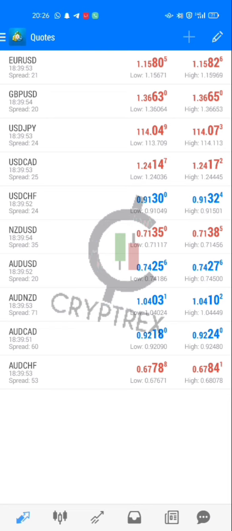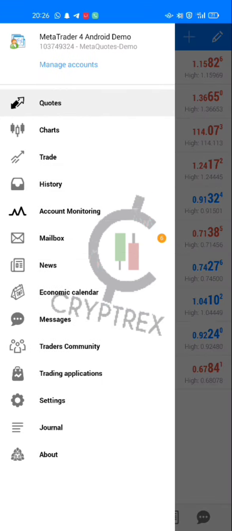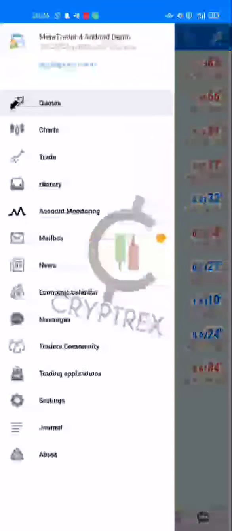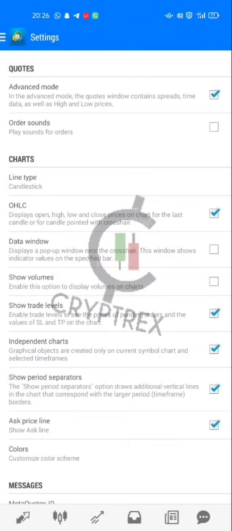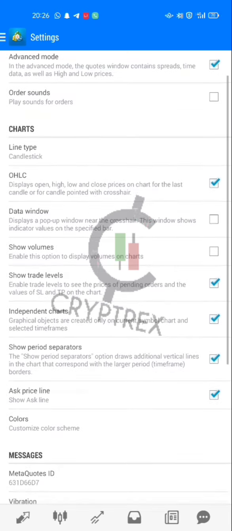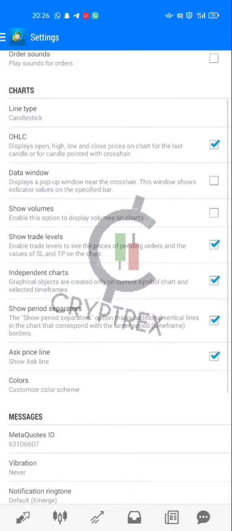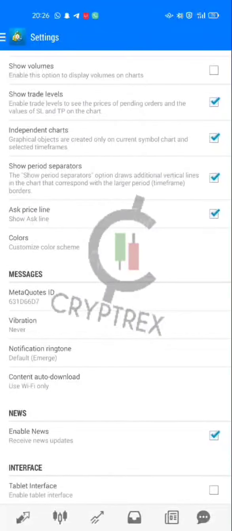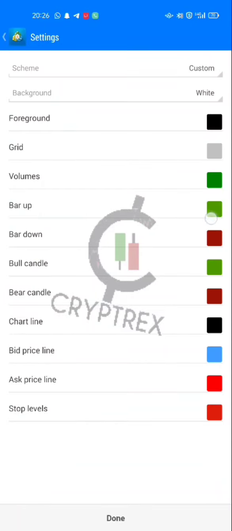Now let's just go straight on to the MetaTrader 4 app. The first thing I want you to do here is come to these three dots up here, right? Come there and then scroll down to settings. Under your settings, I want you to click on advanced mode, remove other sounds. I personally don't like those sounds, right? Then go to the bottom and click on colors. Under colors, I want you to take a screenshot of this screen right now and basically use all the same colors that I have there. You can use all the same colors and basically just set yours to this. Do you understand? Just set yours to this. Okay, so that's that for that.